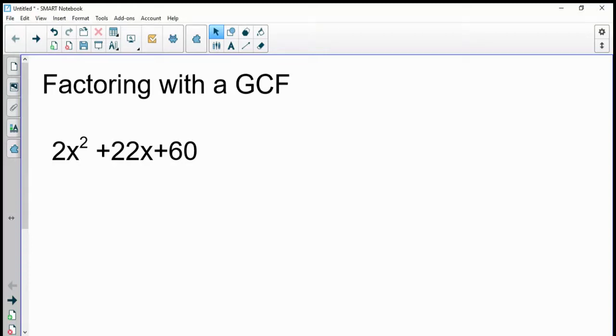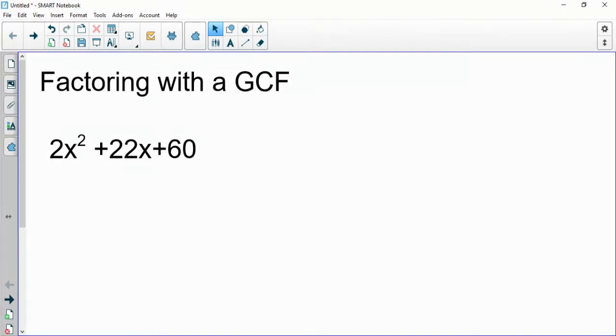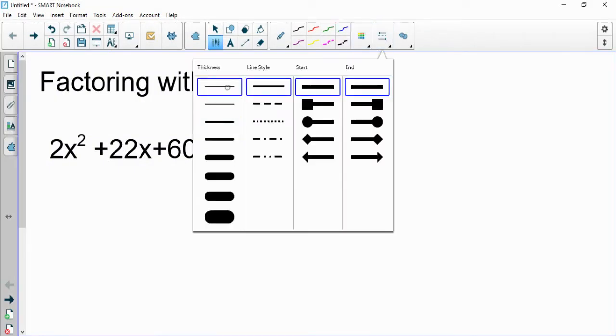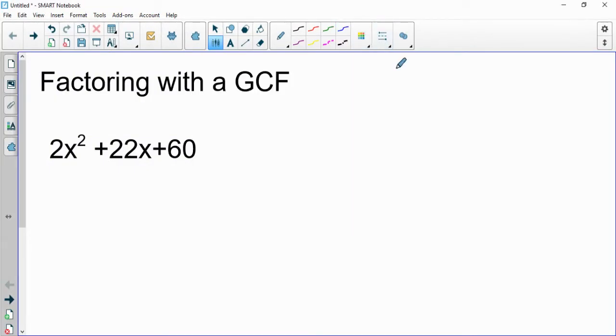Hey guys, we are going to do some more factoring today, and our factoring this time is going to have a GCF, which, in case you forgot what that is, is the greatest common factor. Okay, so we're just going to jump into some practice problems, and I'll show you how to deal with each